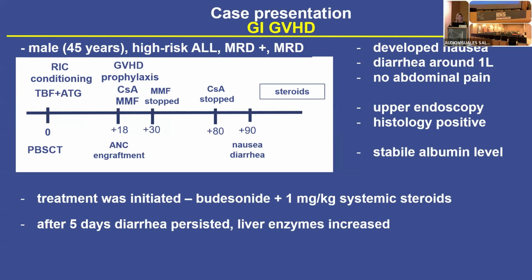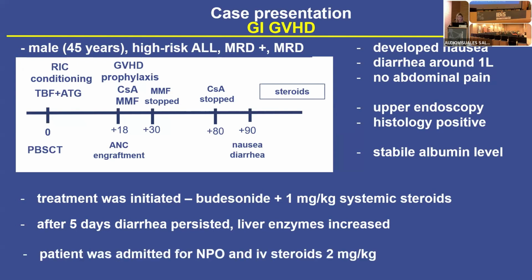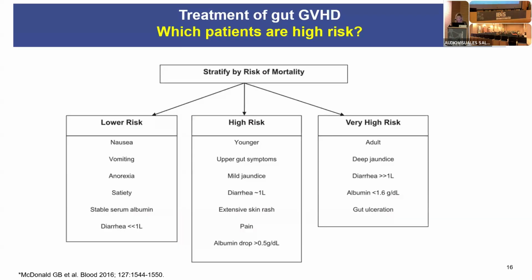But after 5 days, these symptoms did not resolve, with liver enzymes that increased, and actually the patient was admitted and his IV steroids were increased. And here I want to make a point that not all of course gut GvHD patients are the same. Today we know which factors increase the risk of mortality and which patients are of lower risk,